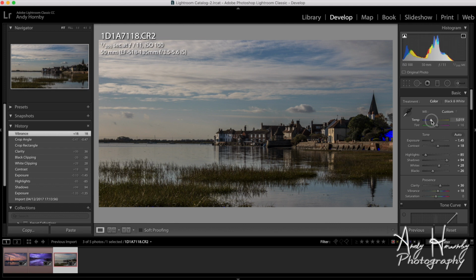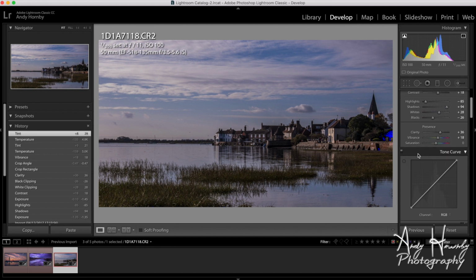So I'm going to change the white balance slightly. I'm adding blue, and I'm going to add a bit more magenta potentially. We could potentially go the other way. No, I can't do it. So we're going to stick to around that with the blue temp and tint. We're just going to add a little bit more magenta. For me, that's